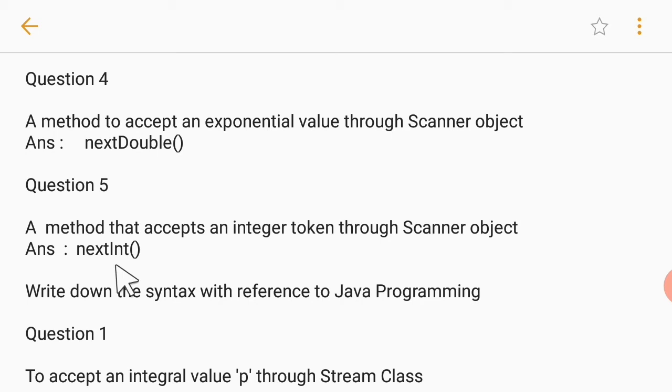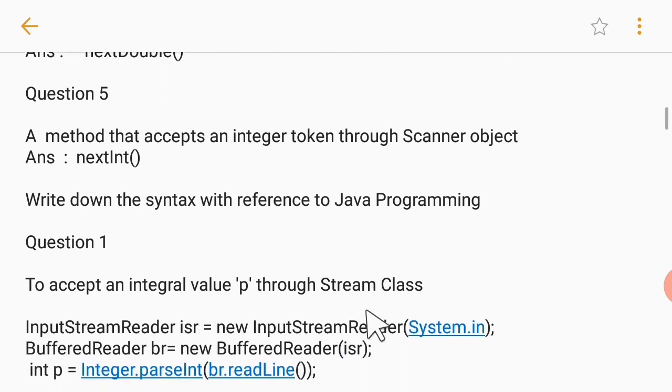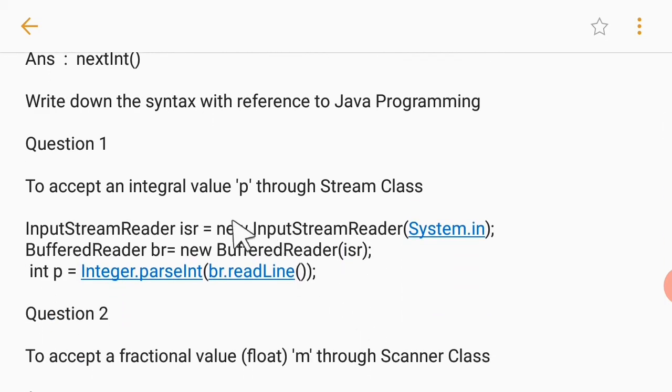Okay. After that, students, we have: write down the syntax with reference to Java programming to accept an integral value through the stream class. So students, always remember, when stream class input is there, we have to create objects of two classes.